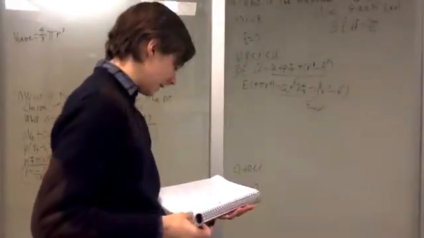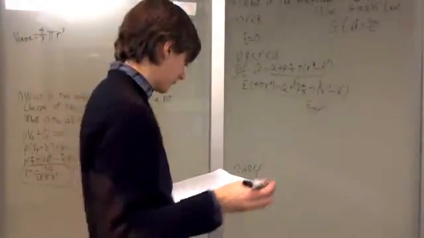Dividing both sides by the area and substituting our value for rho, we get the expression